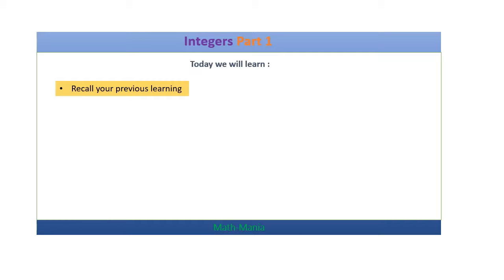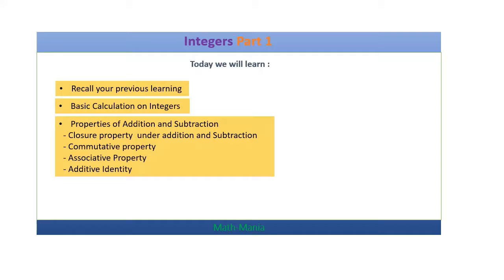We will do a few calculations based on that, and then we will be having basic calculations on integers, how we do the basic addition, subtraction and multiplication, and then we will move on to the very first topic of the class 7 integer chapter, that is the properties of addition and subtraction. So it will include the closure property, then the commutative property, associative and additive identity. We will be discussing all these properties one by one along with examples,